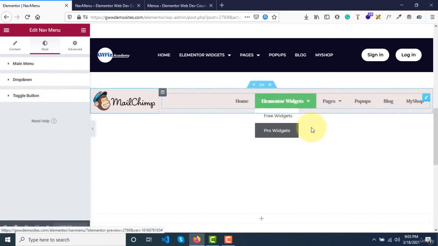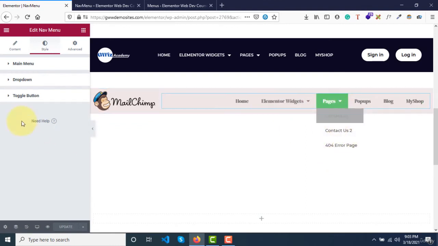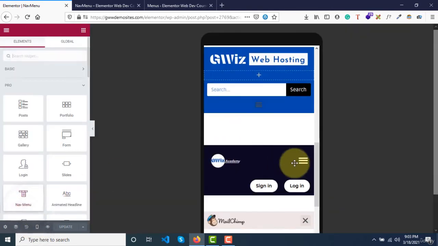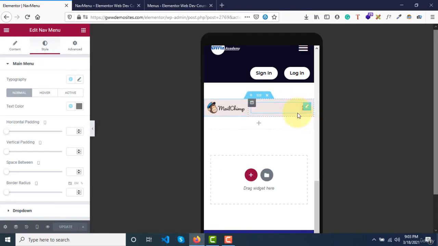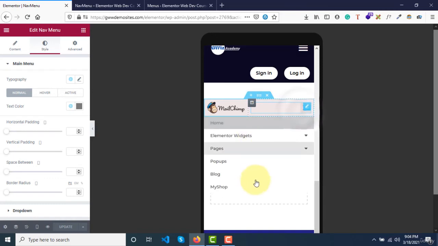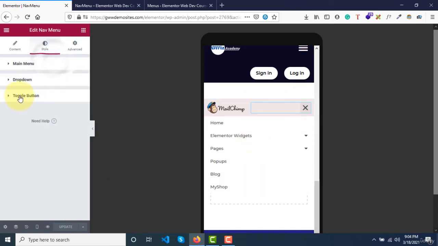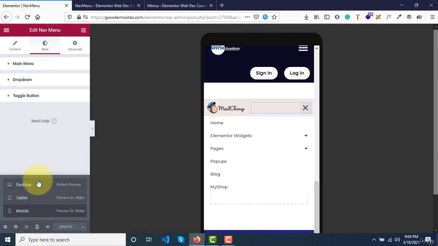We can style these sub menus by using this option. And for toggle button we can customize. If you go to mobiles, here we have toggle mode activated right here. This button and all the sub menu and menu items, we can customize it by using the last option called toggle button, right? So let's first go to desktop mode,